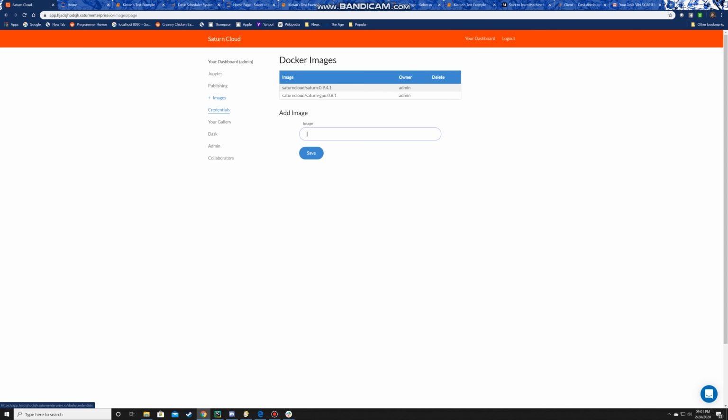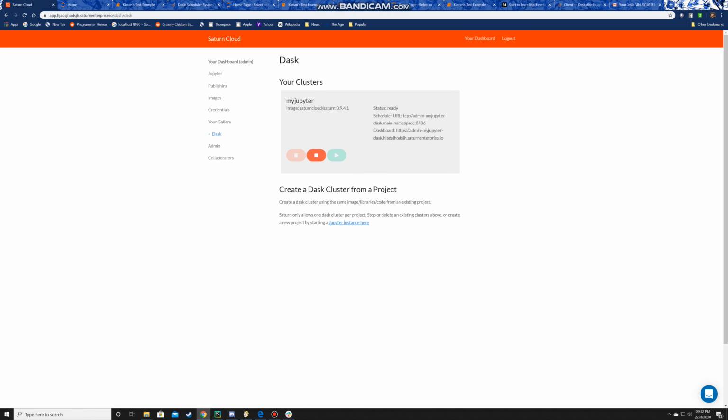Now, I'm not going to go into credentials, but credentials has your public SSH key for your Git repo, so you can actually pair this with your Git repo and save your code off. And I'll go into Dask in more detail in a moment, but this is your actual Dask cluster. Now, your Dask cluster,